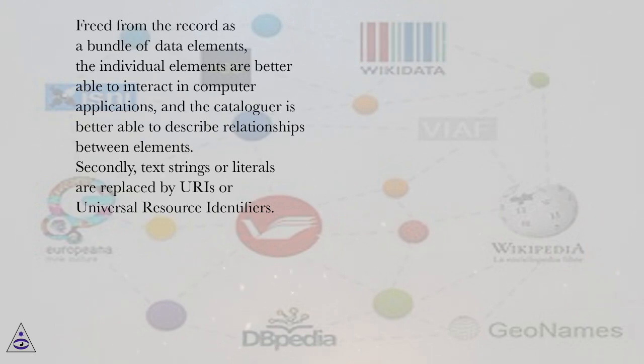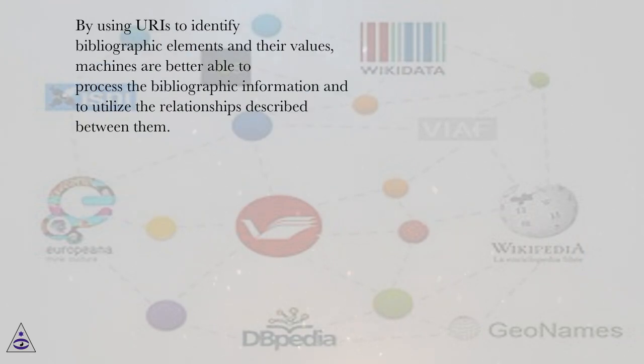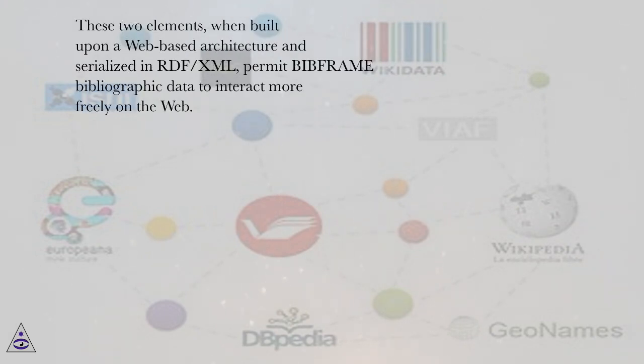Secondly, text strings or literals are replaced by URIs, or universal resource identifiers. By using URIs to identify bibliographic elements and their values, machines are better able to process the bibliographic information and to utilize the relationships described between them. These two elements, when built upon a web-based architecture and serialized in RDF/XML, permit BIBFRAME bibliographic data to interact more